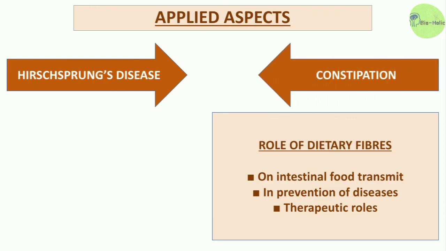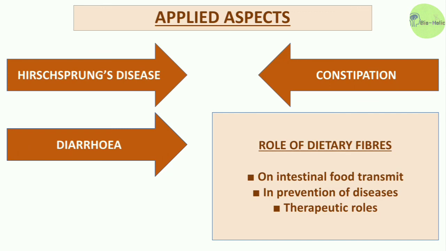Second one is the constipation that refers to failure of voiding of feces which produces discomfort. It results from infrequent mass movement in the colon and as a result the fecal matter remains in the colon for longer time. So large amount of fluid is absorbed and the feces becomes dry and hard. The last one is the diarrhea. It is a condition which is characterized by increased frequency of defecation with increased water content in the feces.